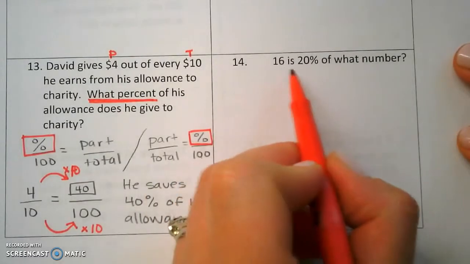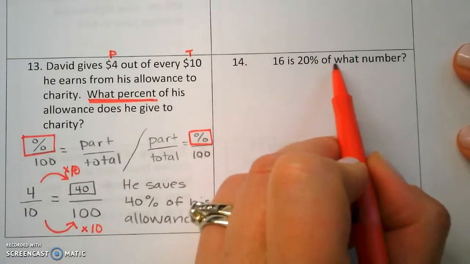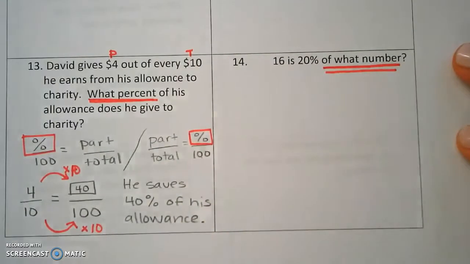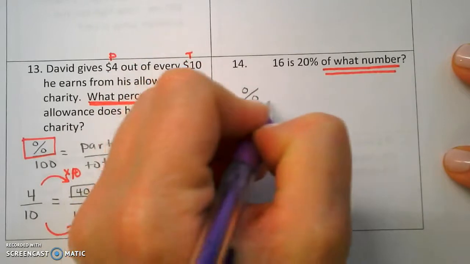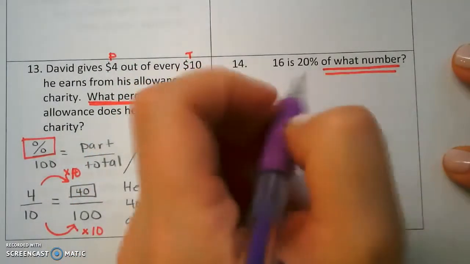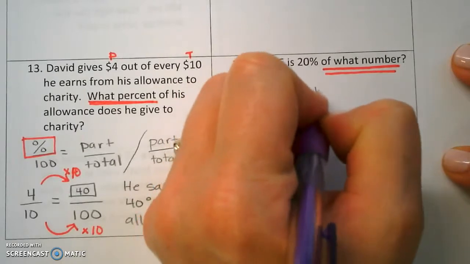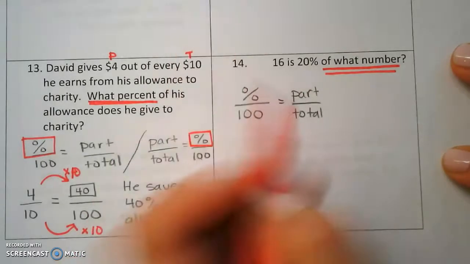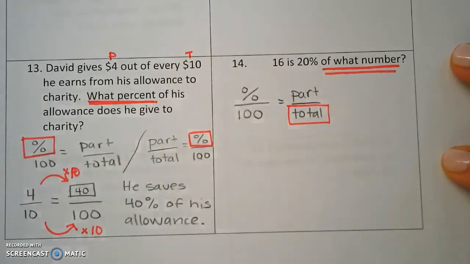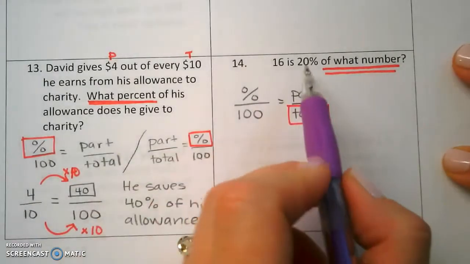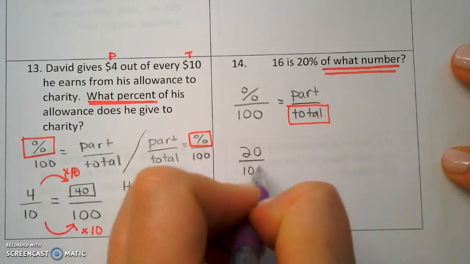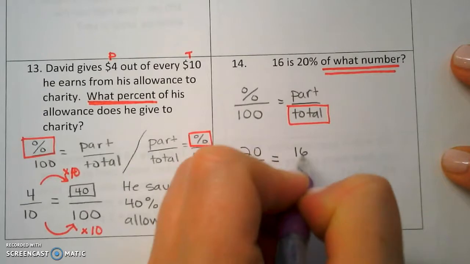So here it says 16 is 20% of what number? Right here, these are clue words that you do not know the total. This is an unknown total problem. So when we use that percent proportion, the percent out of 100 is going to be the part over the total. And the total is the unknown amount. This is what we're going to be leaving empty because that's what we need to find. Well, in the problem here, 20 is the percent. So that's the number that I have out of 100. 20 out of 100 is 16 out of